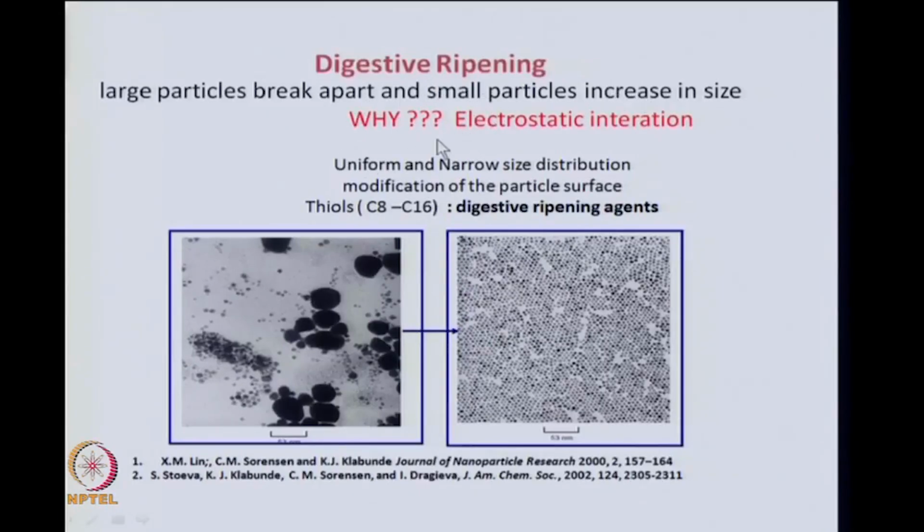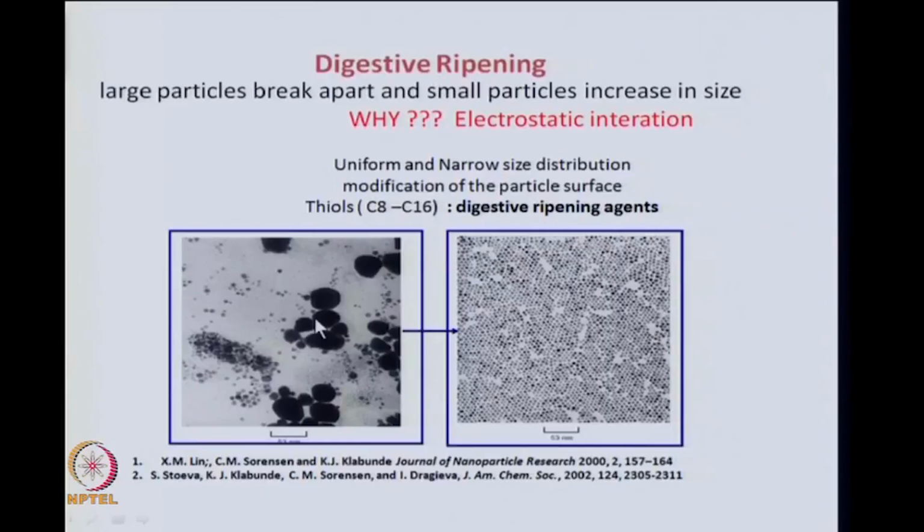And why does this happen? This is due to some external influences. For example, if you add some thiols, some long hydrocarbon chain thiols which have 8 carbons to 16 carbons, these kind of thiol molecules bring about this kind of digestive ripening through some electrostatic interactions. And these kind of molecules are called digestive ripening agents, which help in this process, where